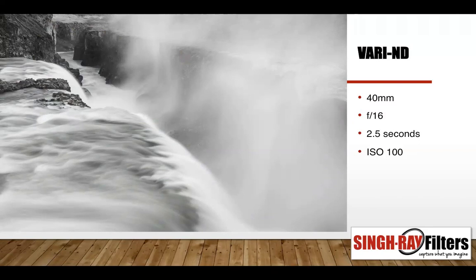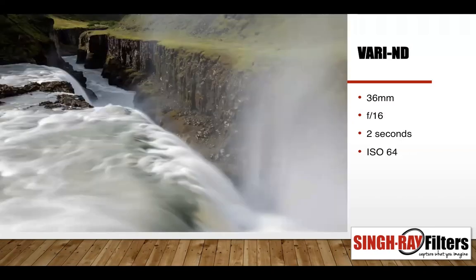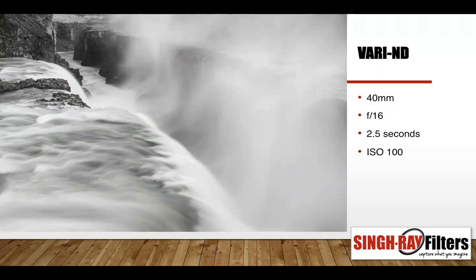In my opinion, and this is a black and white conversion, I do realize that, but if you go back and look at the mist, I don't have as much mist. I have a lot more mist here. So the conditions, and just being there a little earlier in the morning, a little colder conditions, more mist coming off the water, were just the right kind of conditions. And I still used the variable ND filter. Maybe I didn't dial in as much density, again keeping it around that 2.5 seconds, and that was good enough for me.